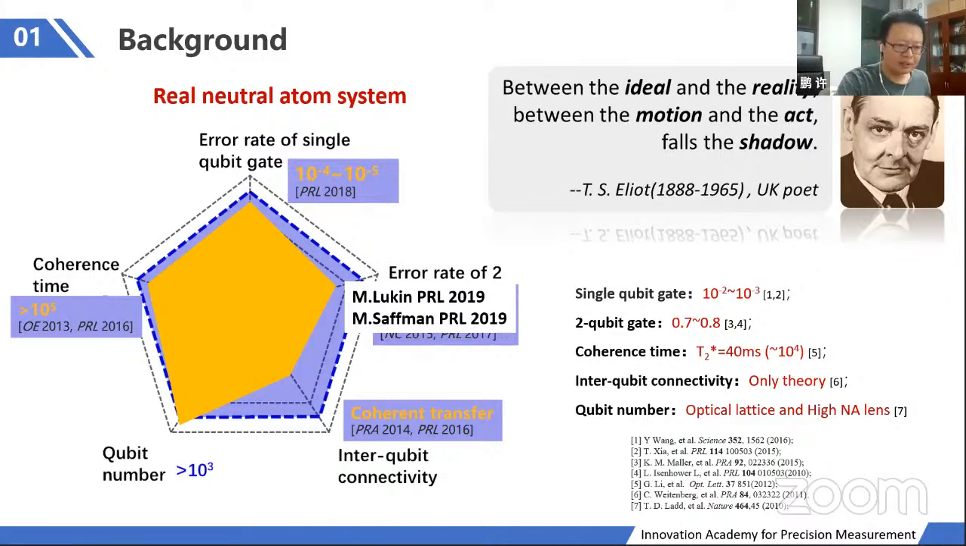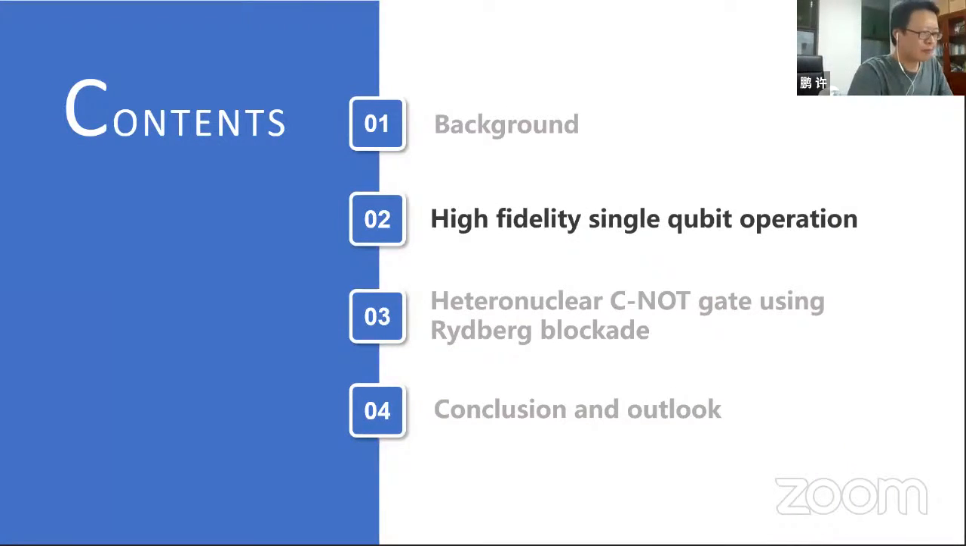And recently, I noticed in Eichler's Earth system, people have demonstrated a two-qubit gate fidelity of 0.99. So all this progress indicates our neutral atom system is a very good system with very good potential for the future quantum computer. And so this is the background. Maybe it's a bit long, but